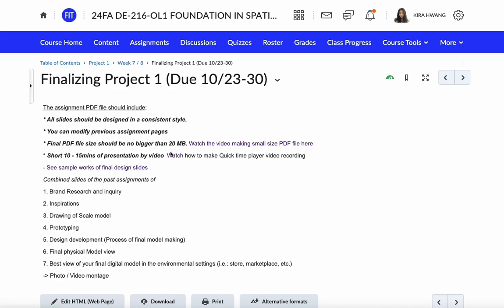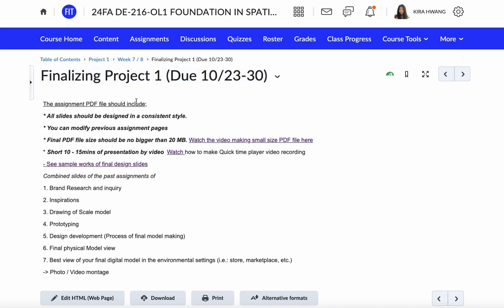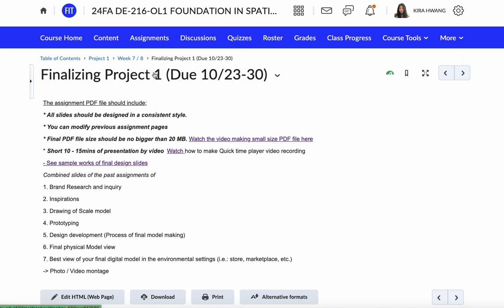You finished all the photo montage and video montage and submitted it to the assignment page by Monday, and we are going to prep all the past assignments into one PDF file and submit it to the assignment page. So go to the assignment page and check